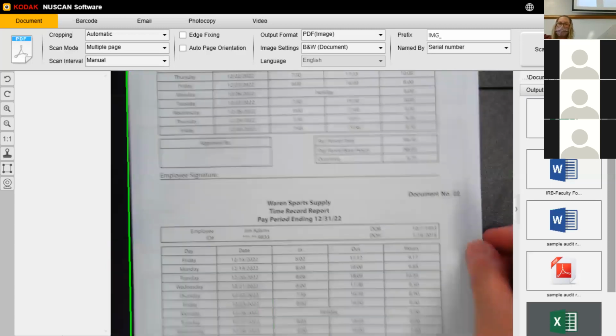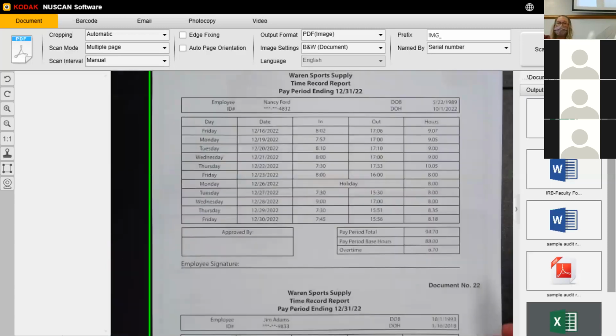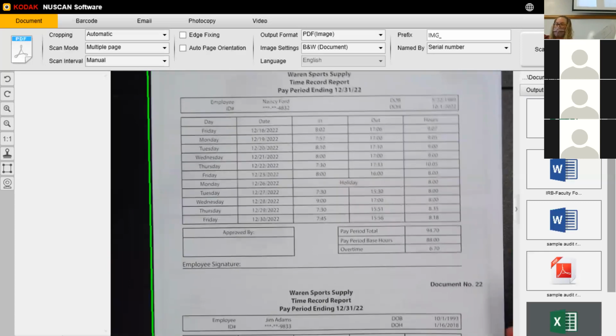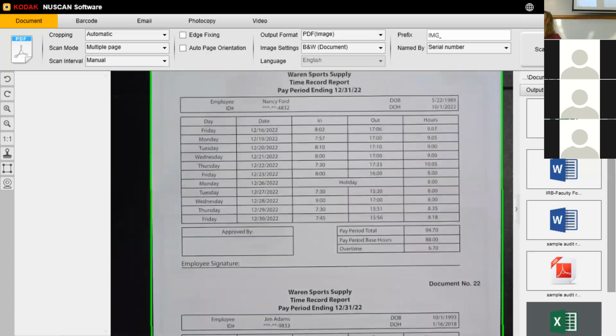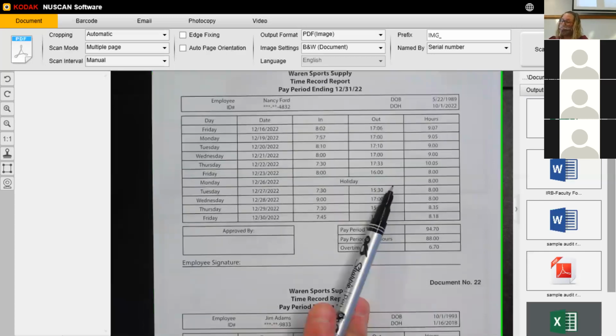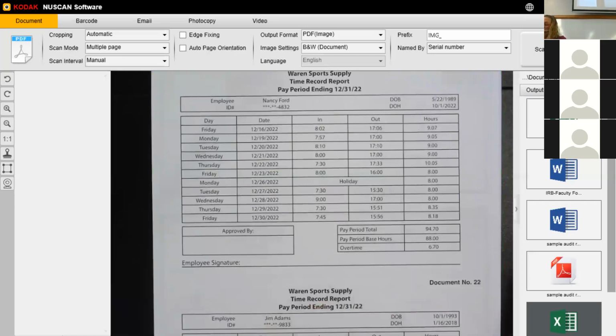Here's Nancy's pay card. It's document number 22 from your document list. And you see that Christmas falls on a Sunday in 2022, which means they got the following Monday as a paid holiday off. And she worked a total of